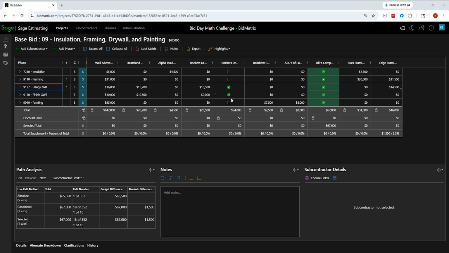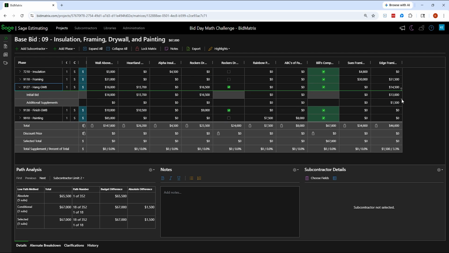So just a rough little example, just a little math class or math challenge and so forth. How'd you do? Did you get the right numbers? Did you miss a low combination and things of that nature when you put yours together? So what's your process for bidding and analyzing bids? Can you come back to a project a year from now, a month from now, and figure out exactly what combination you used, or see notes somewhere that might tell me that I've supplemented this bid, and maybe I could go in here and see a note that would tell me why we made this adjustment or things like that?